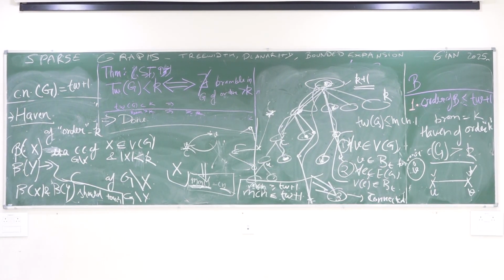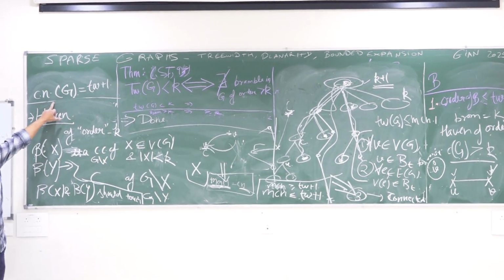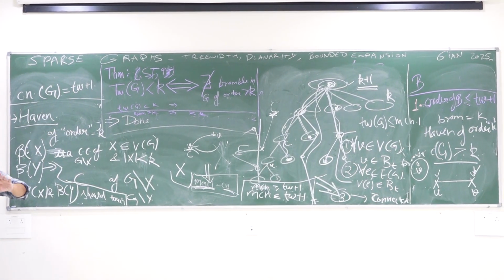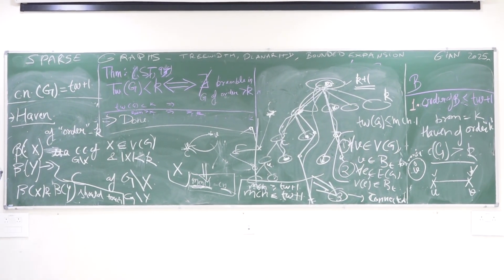The same job can be done by a bramble. For every subset of size less than k, you have a fixed place where you can go. Brambles don't give you any such thing. Haven is a slightly more complicated tool, which has exactly the same power, but it gives you this technique: how you can go from one vertex to another. It relates treewidth to havens, and havens are related to brambles, and brambles again go back